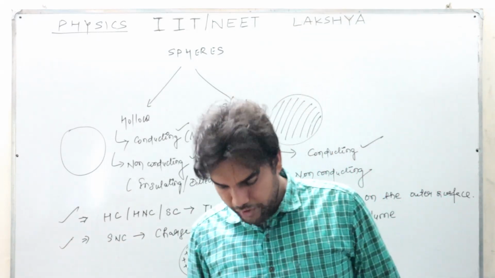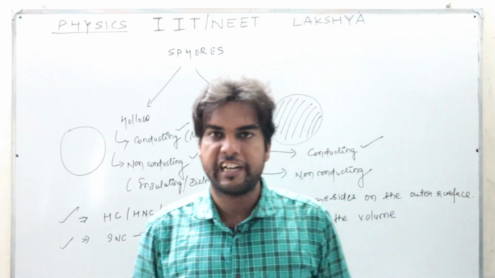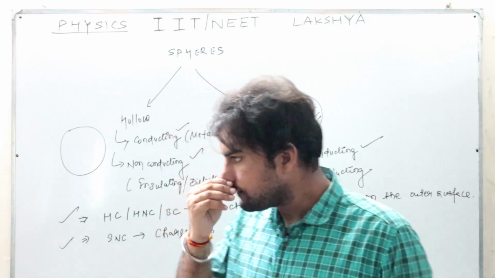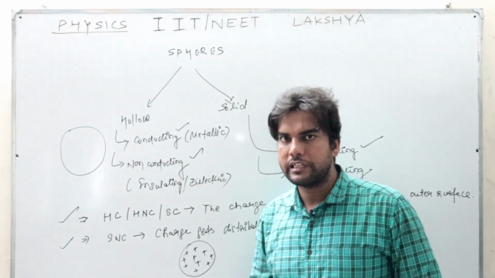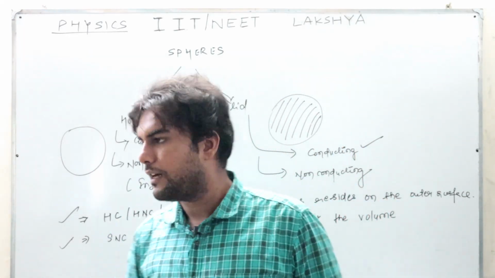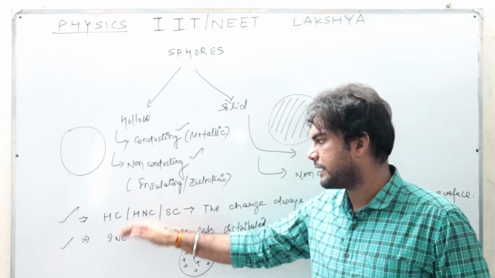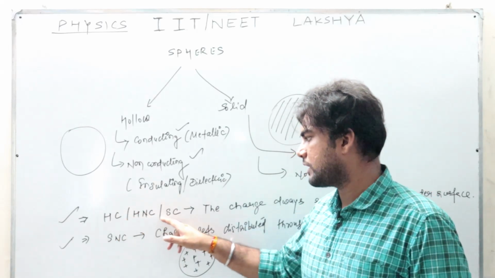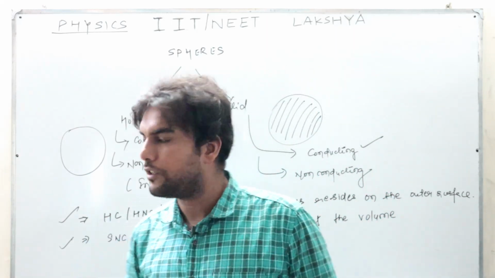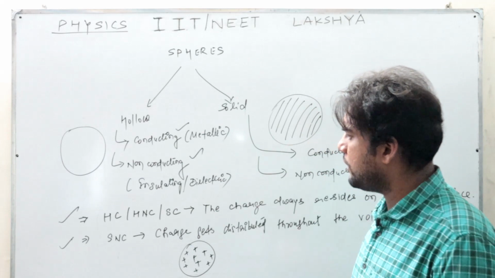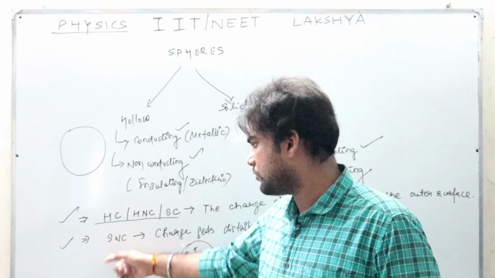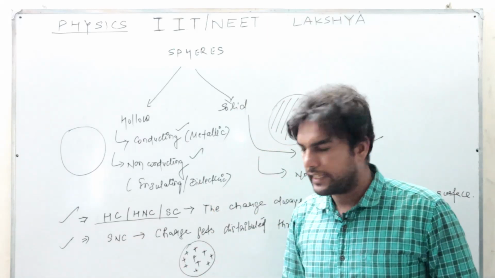If you have seen my videos on electric field, that is electrostatics part 1, there also I had discussed the electric field due to these spheres in the same manner. And we have to be careful while reading the questions which specific type of sphere it is, because formulas are different for solid non-conducting and for hollow conducting, hollow non-conducting and solid conducting. So I hope this is clear to you. First we are going to discuss the potential due to hollow conducting, hollow non-conducting and solid conducting, and then we will move to the other case. So note it down.